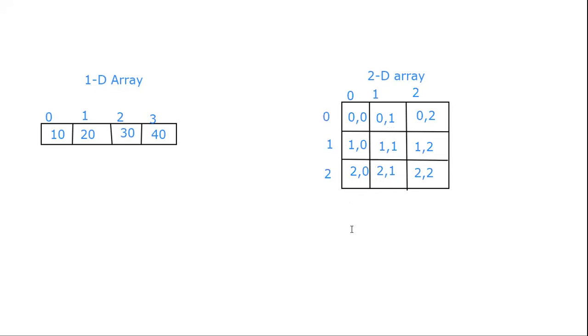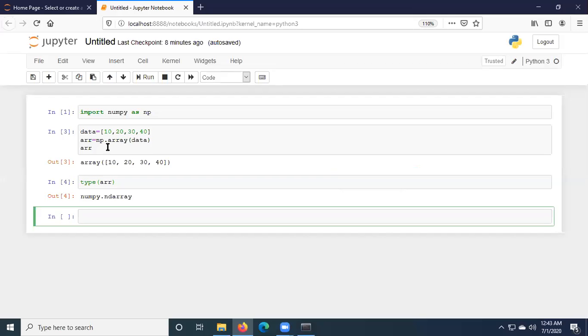So inside NumPy array, you can create a one-dimensional array as well as a two-dimensional array. We are going to create both types of array, 1D as well as 2D array. Now go back to the code section here. Check out here. Now here I just explained simply how to create